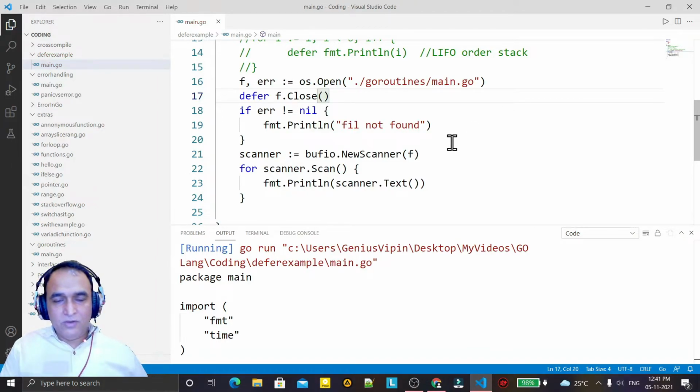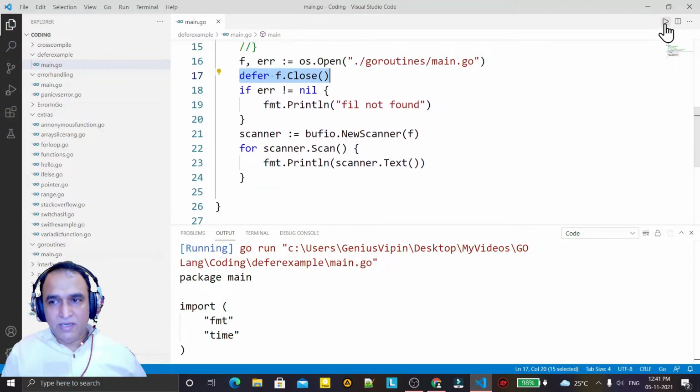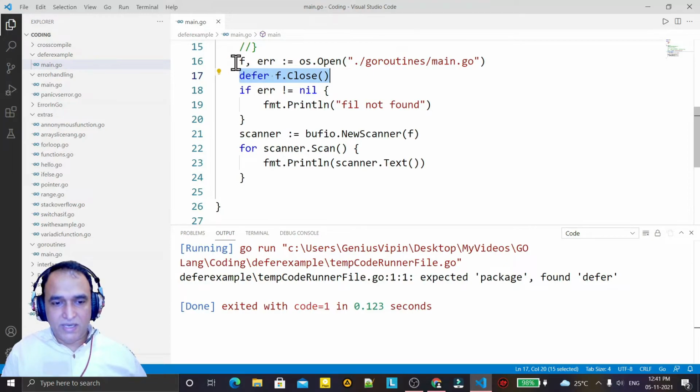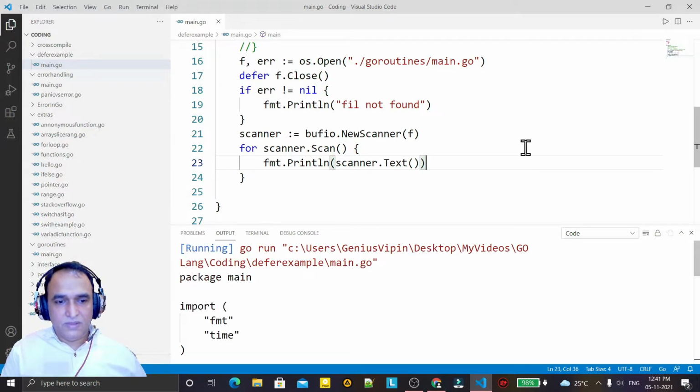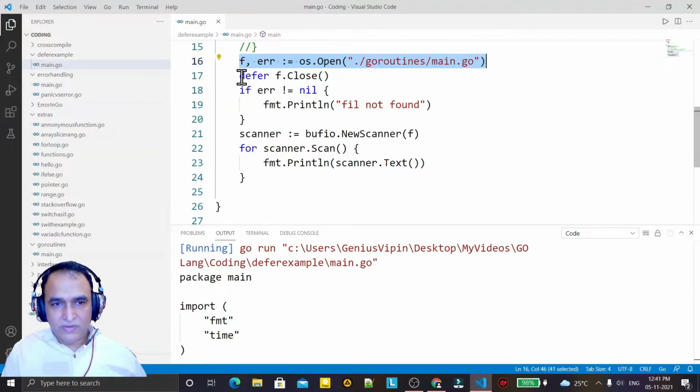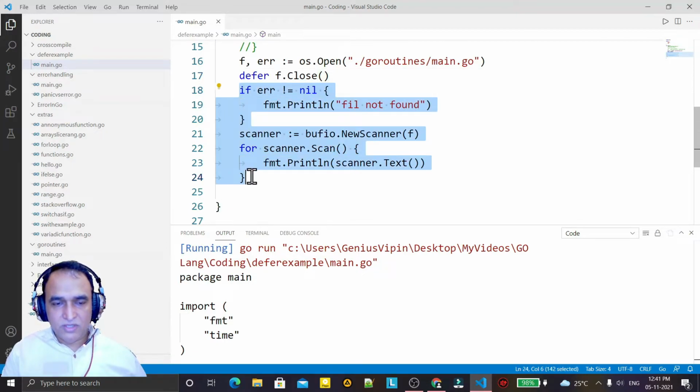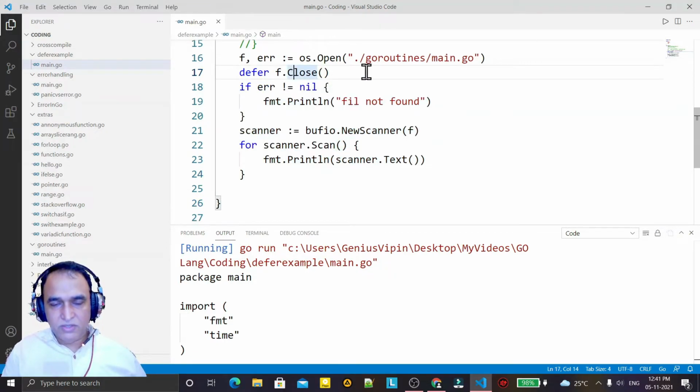We know that this line of code will execute at the end of the function. Later on, when all execution of this function finishes, this statement will execute.